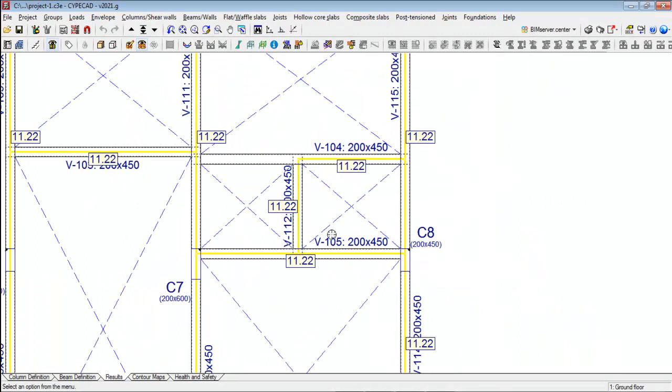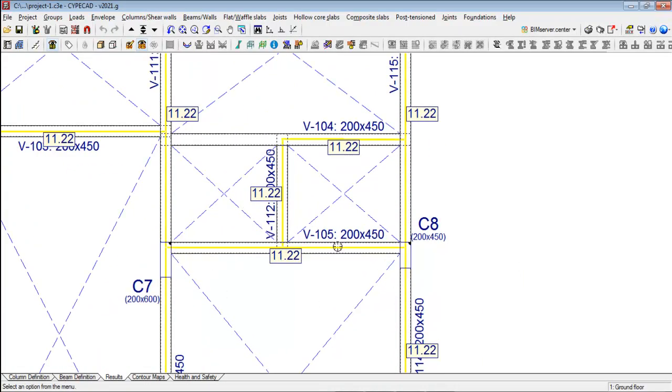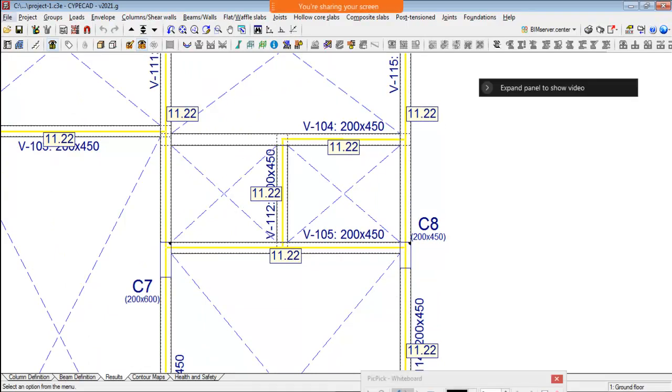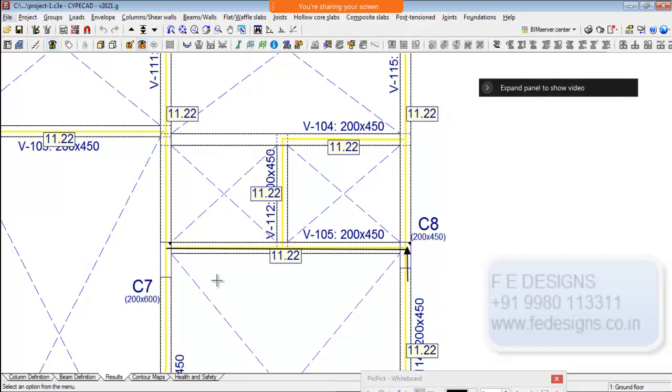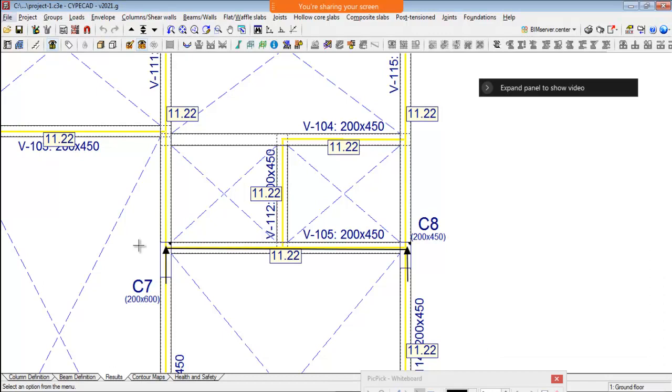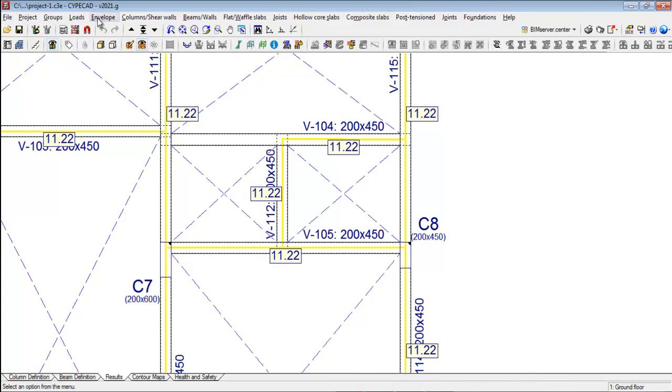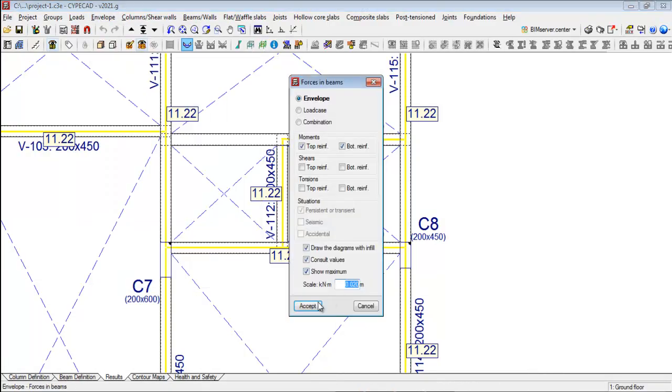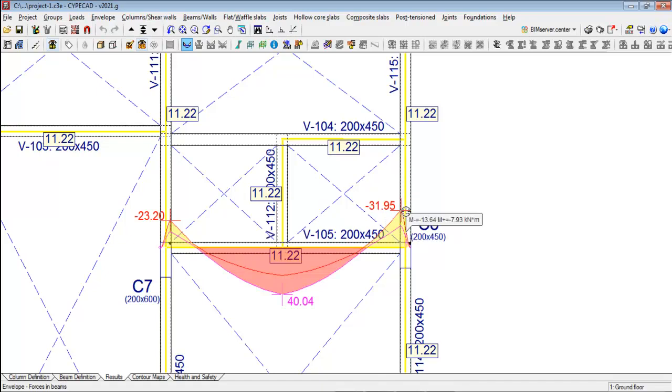When you come to this point here, we have beams supported on the columns. You can see there is a beam here, and this is actually supported on a column here and a column here. And when you have a column support, we get fixity near the ends of the beams, and we get a fixed end moment. For example, if you go to bending moment and then click on the beam here, you can see there is a fixed end moment.